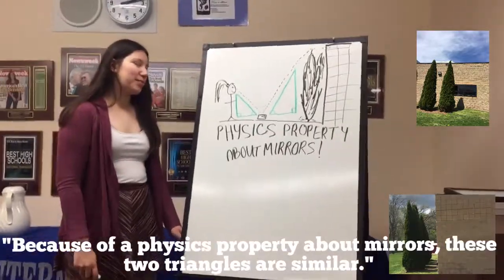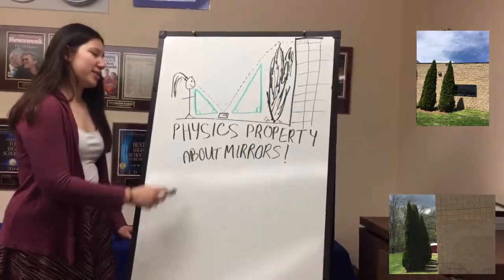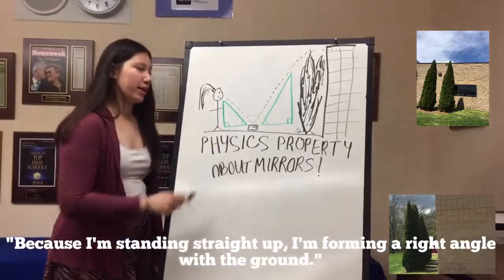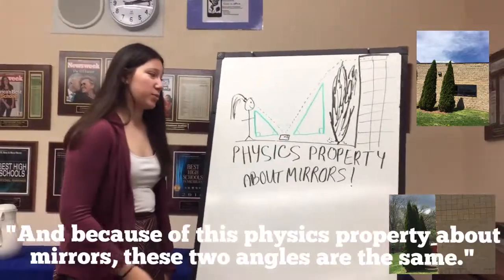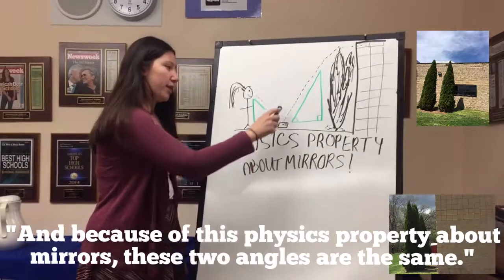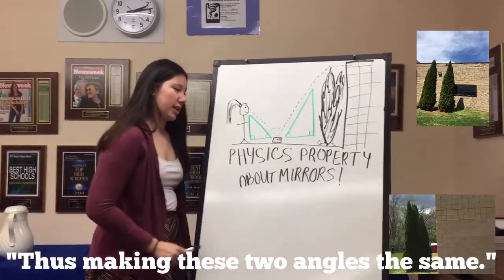Because of a physics property about mirrors, these two triangles are similar. You see, because I'm standing straight up, I form a right angle with the ground, and because the tree is straight, this also forms a right angle. And because of this physics property, these two angles are the same, thus making these two angles the same,